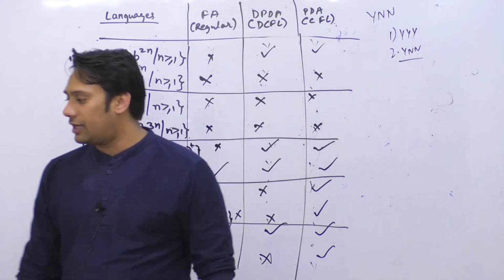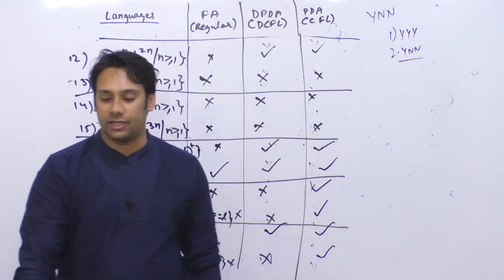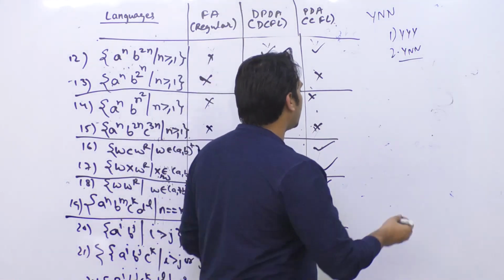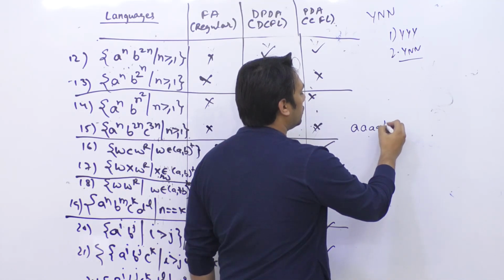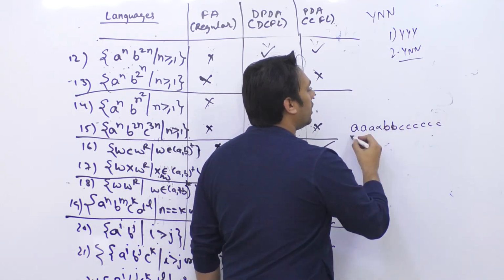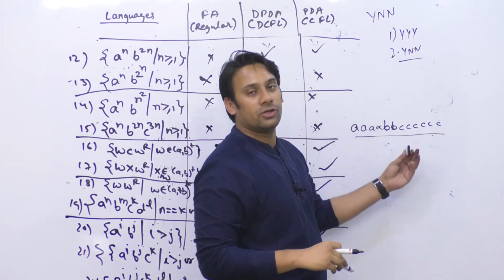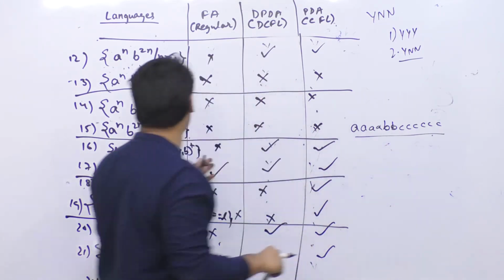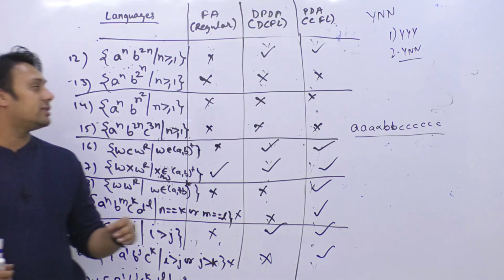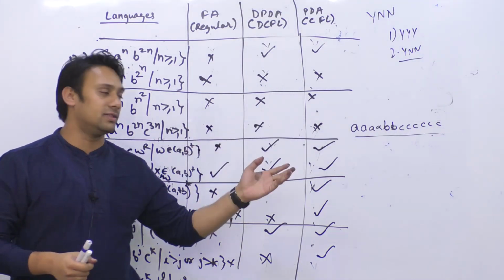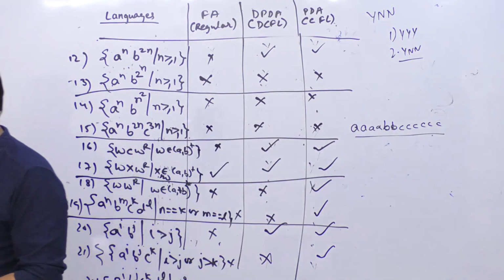Pratibha, you are saying push A and B and then pop for C, because n is common. That is not a correct way. Why? Because in that case, if you have something like this, 4 A's, 2 B's and 6 C's, you are saying push all the A, push all the B and remove from C, so this string will get accepted, but this string does not exist in this language. So the strategy that you are following, push all the A, push all the B and then compare with C, will also accept this string, but this string is not present in the language. Okay.